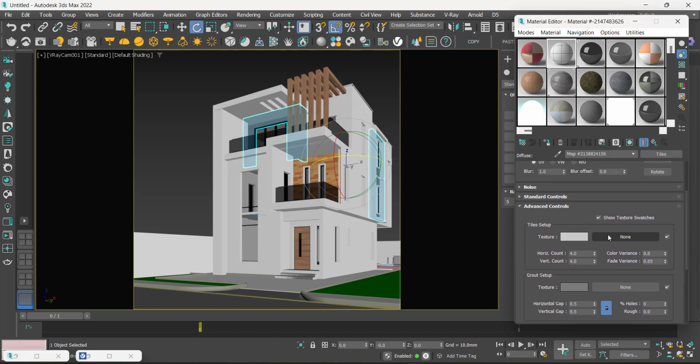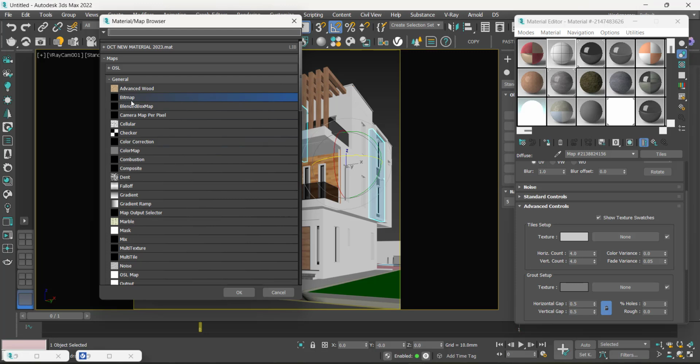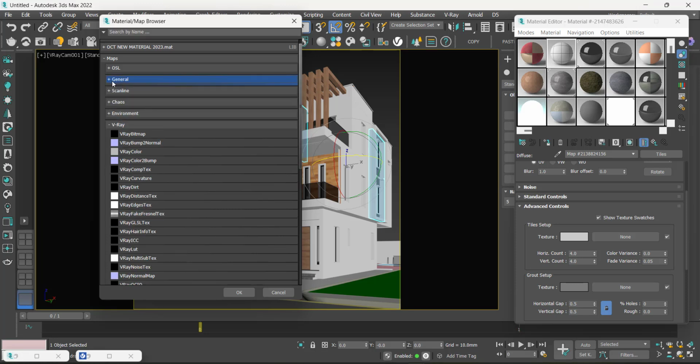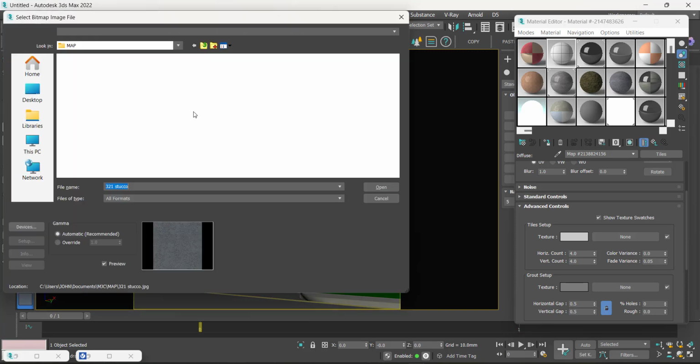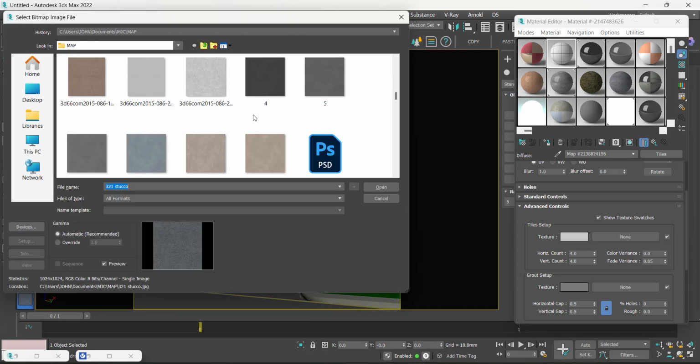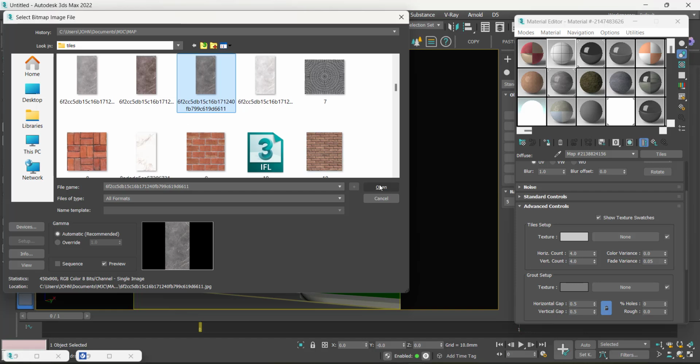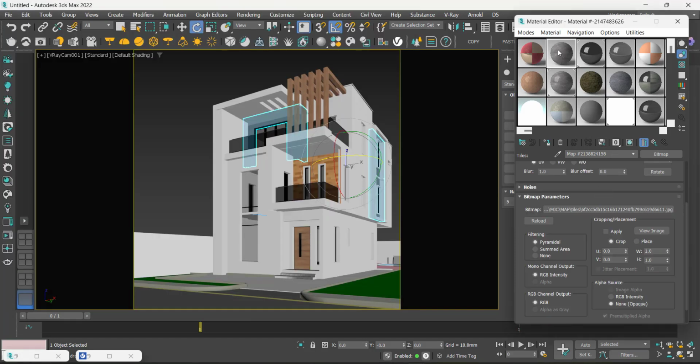This is where you place your map. If it is a map that is seamless, okay, you can just use this. But if it's a map that is not seamless, I prefer to use VRayBitmap so that you can add a randomizer to it. Okay, let's use this one because the map I'm using is okay. This one, let's use this one. Okay, as you can see,